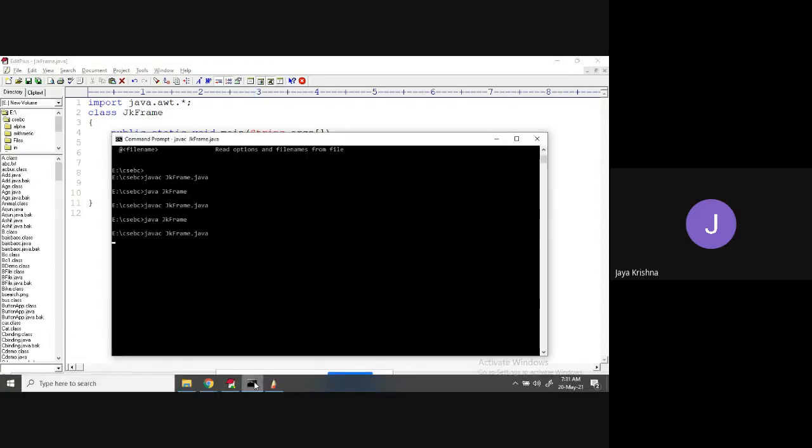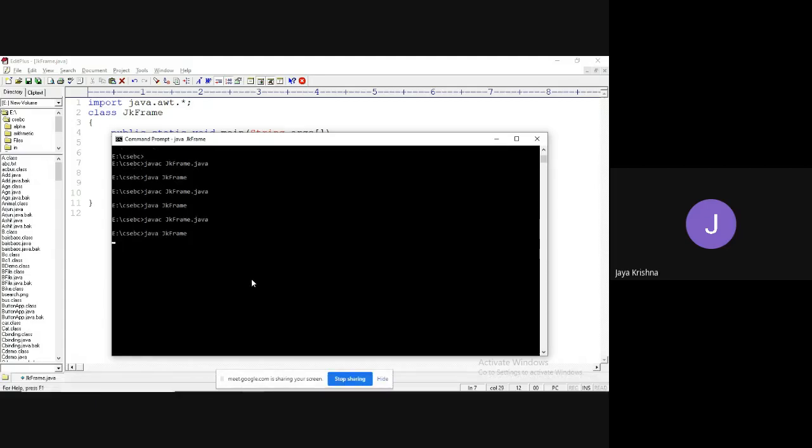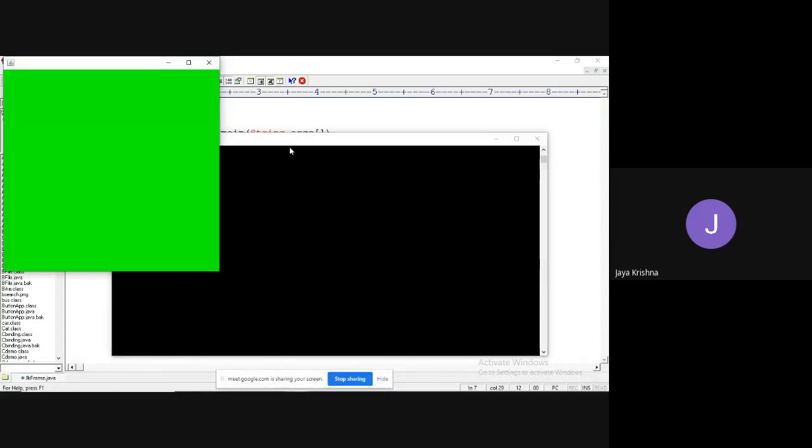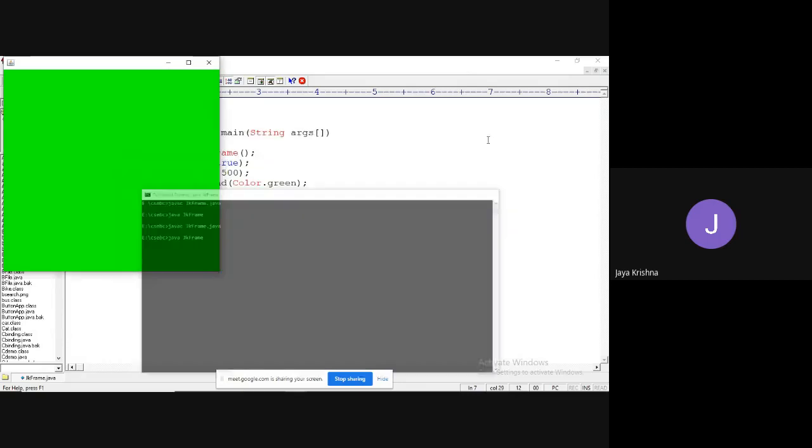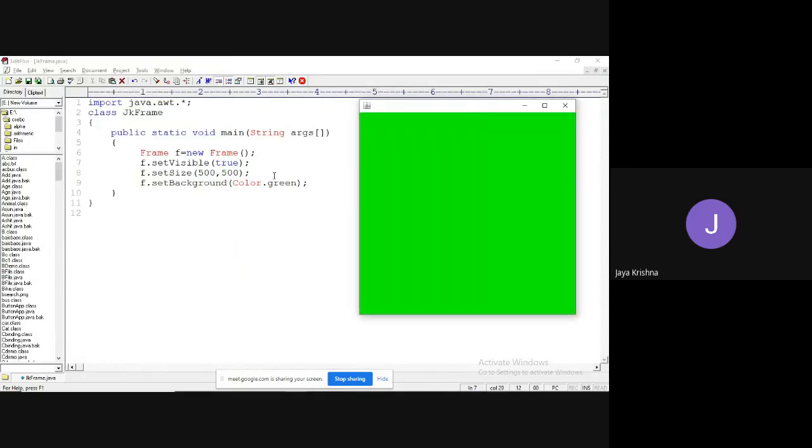Actually there is one more method, the show method, which is a deprecated method. Observe, got output or not? Whenever you write the setVisible method, only then will it be visible.